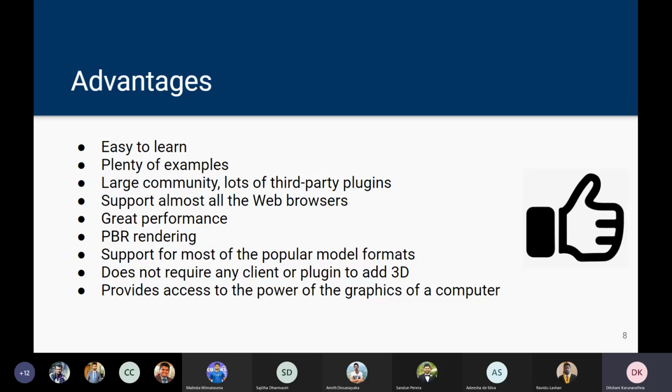If you want to run this code on all the browsers, you can use a transpiler like Babel. And Three.js has great performance, and it includes physically based rendering and support for most of the popular model formats. It does not require any client or plugin to add 3D, and it also provides access to the power of the graphics of a computer.